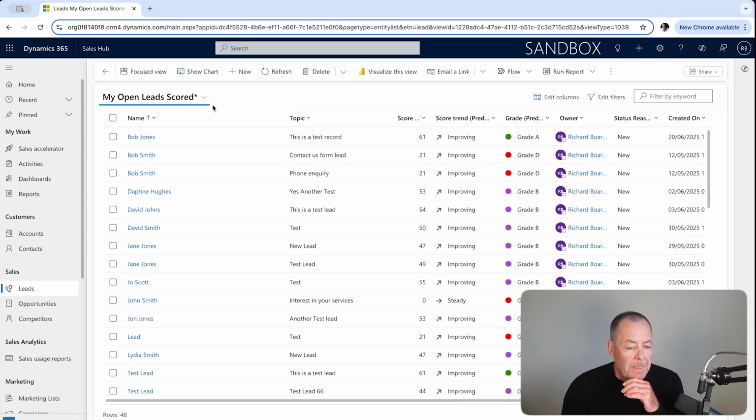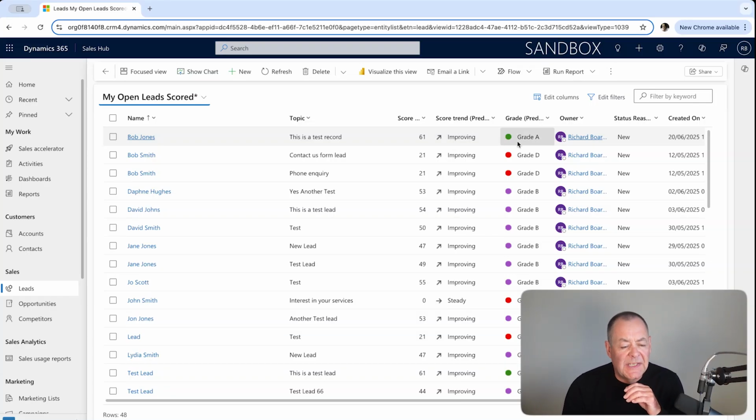So in this view, I can see that I've got a score. If I look at Bob Jones here, I've got a score of 61. So the scoring is actually between 0 and 100. And I've got a score trend of improving. And effectively what happens is the system, the predictive lead scoring model, runs every day, and if it's improving, then it's an improvement on the previous cycle. It might be static, it might be declining,